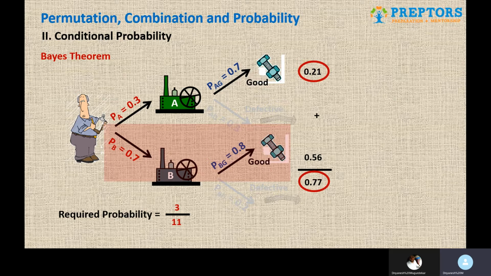This is called conditional probability or Bayes theorem. Also very straightforward. Every piece of information will be available to you. All you have to do is read the question properly, find out these facts, try to represent them in this particular way, and then you figure out what you are supposed to find out.